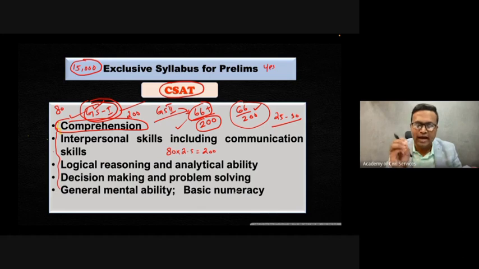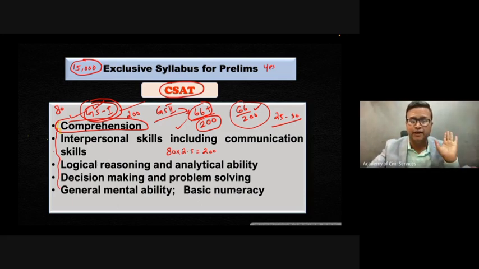Your task is to answer the question based on the information given in the passage. Whatever information is given in the passage, based on that, you have to answer the questions given. That means the answer is just in front of you. You need to find out the answer and mark it in the OMR sheet. The content for the answer is just in front of you. You need to read and understand the passage and find out the answer.